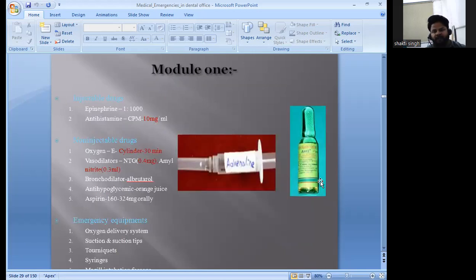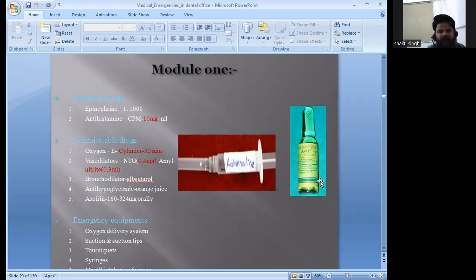I will discuss each module. As we know, in each module there are injectable and non-injectable drugs. In module 1, the injectable drugs are epinephrine, in the dose of 1 to 1000, then the antihistamine, ideal dose 10 mg per ml. Then we come to the non-injectable drugs, which are the oxygen cylinder, then vasodilator,